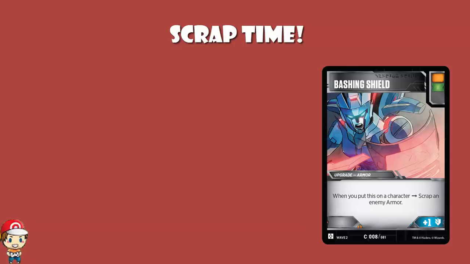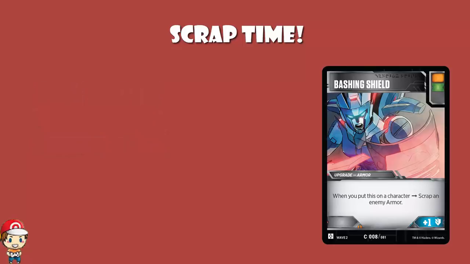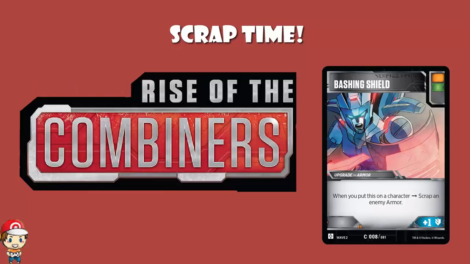My name's Ross, I like games, and today we need to have a look at a bunch of new Transformers TCG battle cards. They are coming out in Wave 2, Rise of the Combiners, and we're looking at a trio of cards today, because now that the entire set has been revealed by the lovely folks over on the official Facebook group, the lovely folks at Wizards of the Coast, we can now actually look and go, okay, let's throw them all in together. I like looking at cards individually when they come out nice and slowly, but frankly, I